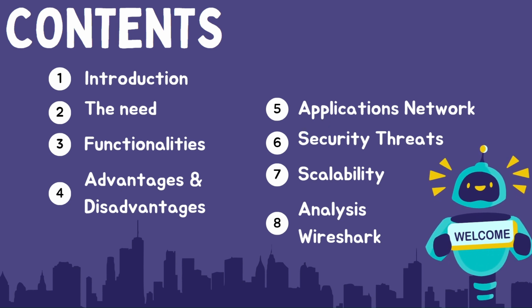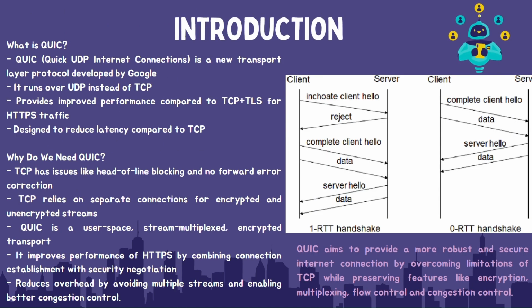You can see that QUIC is a relatively new transport layer protocol developed by Google. It is designed to provide low latency, secure, and reliable communication between clients and servers over the internet. Unlike TCP, which operates over a reliable connection-oriented stream, QUIC uses UDP as its underlying transport protocol, enabling faster data